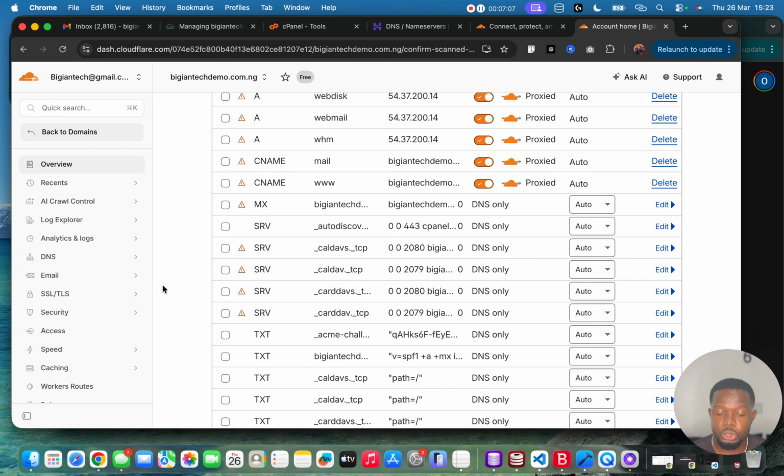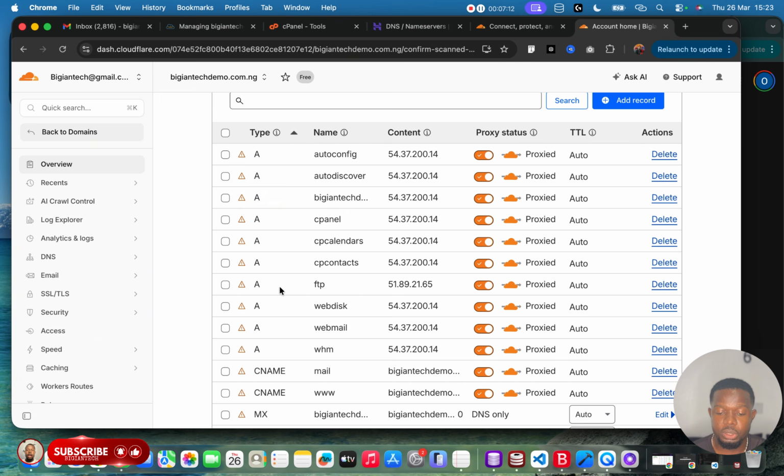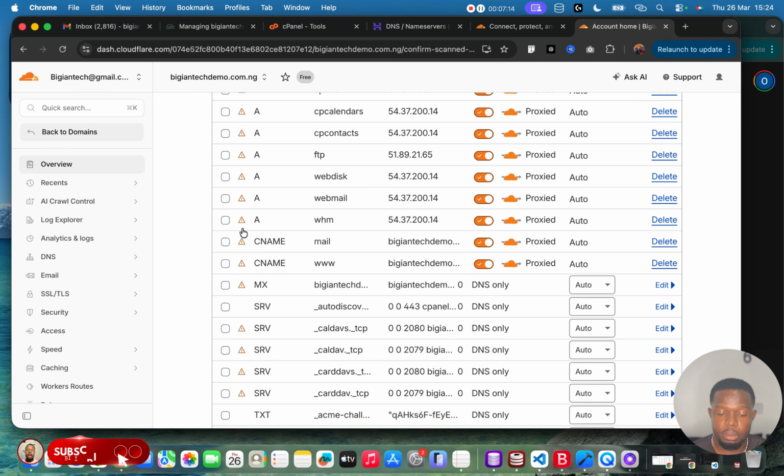Now before we continue, once you import your DNS and you're able to see all this information like this, all here is showing red because I did not link my domain back to my hosting, so that's why it's showing this way. But if your domain and your hosting is linked properly, the first thing you do is you see this mail,